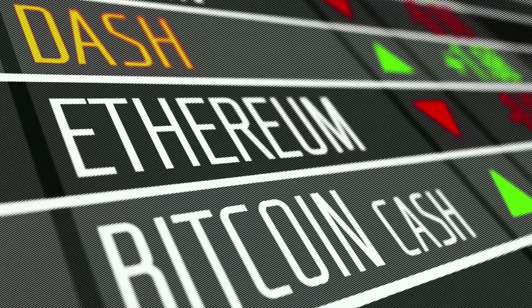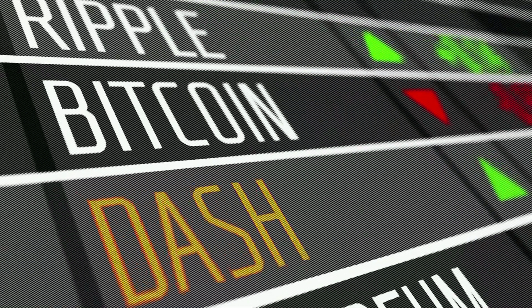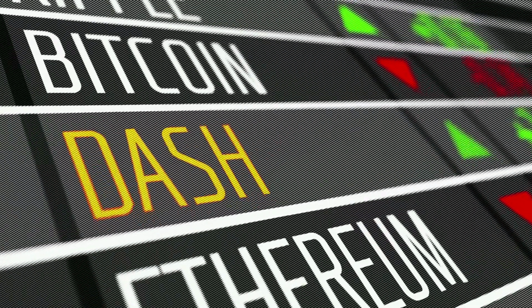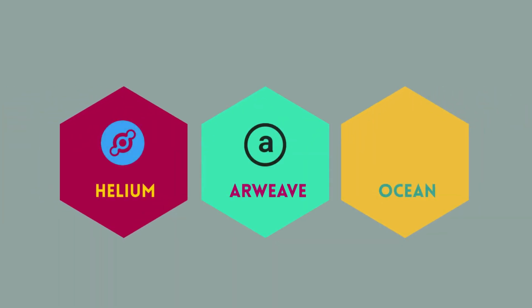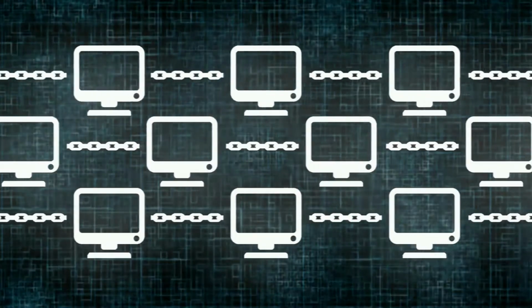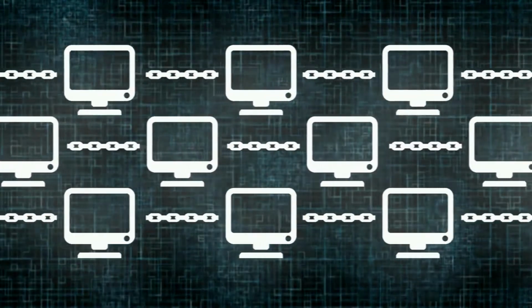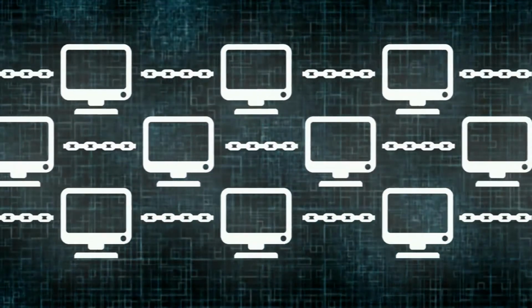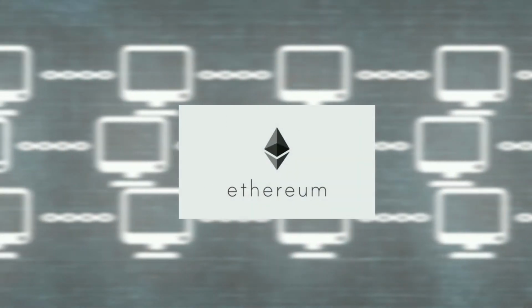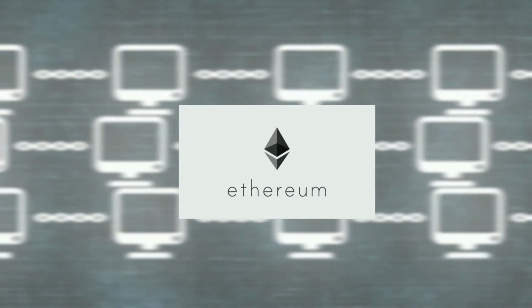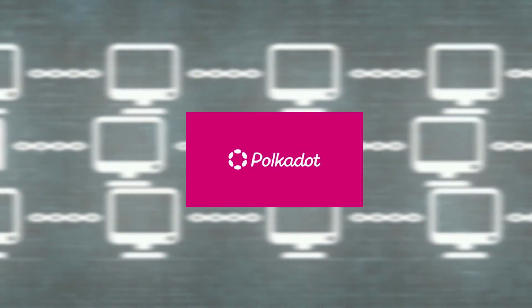The best way to bet on the technology would be to purchase stocks or cryptocurrencies tied to the development or implementation of Web 3 tech. Some top Web 3 coins include Helium, Arweave, and Ocean Protocol, some of which have multi-billion-dollar valuations. Another option is to bet on projects or blockchains to make a good platform for future Web 3 decentralized applications. Ethereum would be the main one, but with its high gas fees, other alternatives like Polkadot might make more sense.